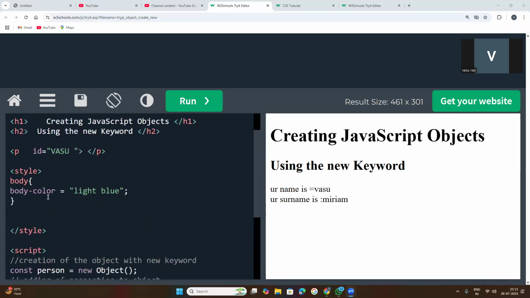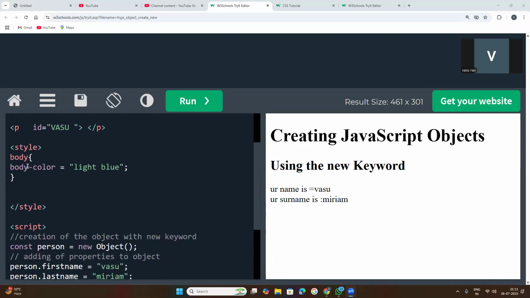So the syntax is what? This is background color. Okay. Background color light blue. There is no space. So